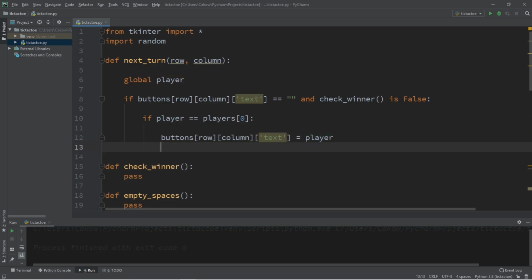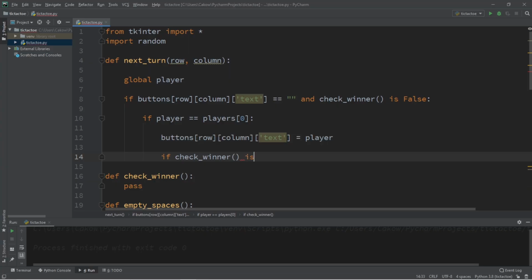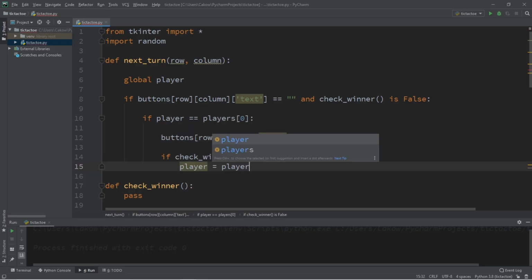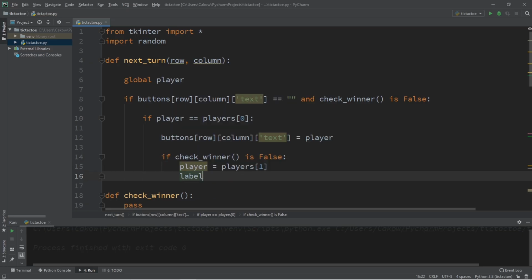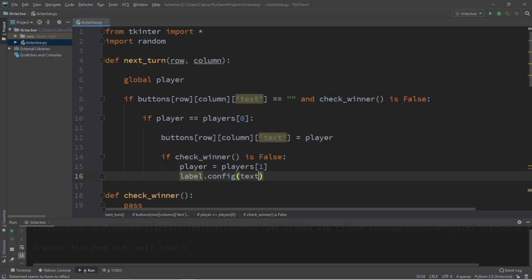And we should check to see if there's a winner after filling in this button. If check winner, and we still need to fill in this function, returns false, then we will switch players. Player equals players at index of 1. And label.config text equals players at index 1 plus the word